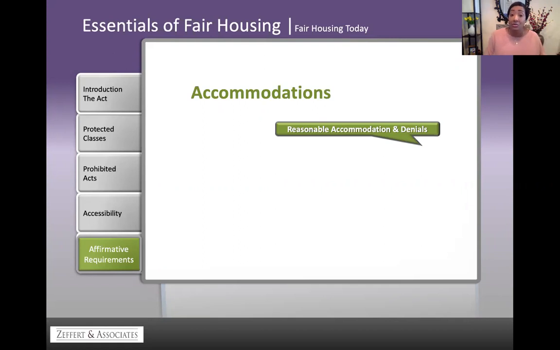Remember, we have to do what is reasonable at the property. If the housing provider denies the requested accommodation as unreasonable, the housing provider should discuss with the tenant whether reasonable accommodations could be provided to meet the tenant's disability-related needs. Here's an example. For instance, how about we place an open trash collection can in a location that is readily accessible to the tenant so that the tenant can dispose of his own trash and the provider's maintenance staff can then transfer the trash to the dumpster when they're on site.